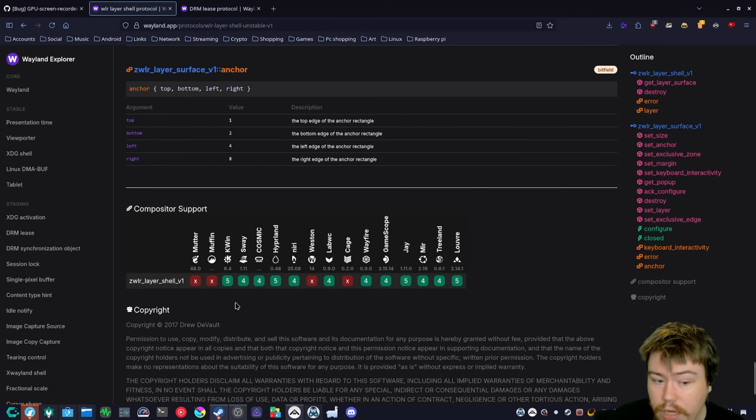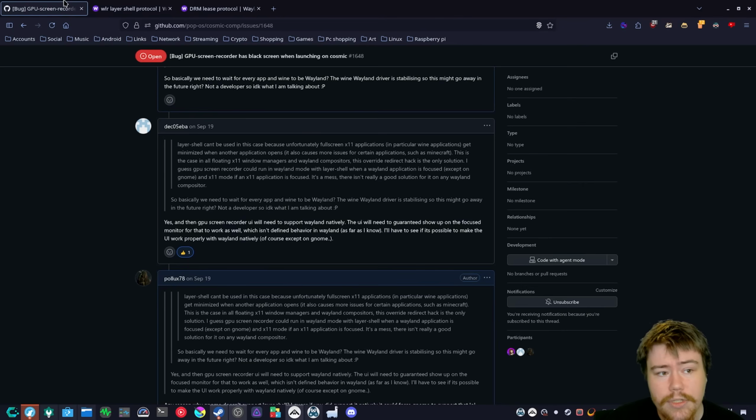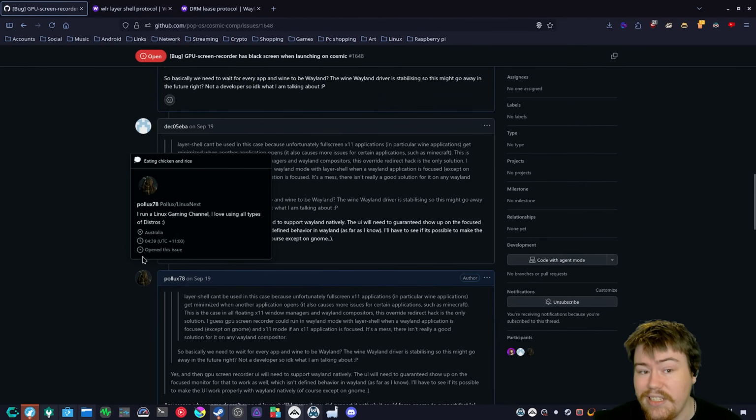Only KWin supports it, Cosmic supports it, Hyprland supports it. It's basically another situation where GNOME doesn't support something that the other ones do, and what needs to happen is probably either GNOME needs to support it or it's going to be left behind when it comes to that feature. So when it comes to GPU Screen Recorder, or when it comes to the Steam overlay,